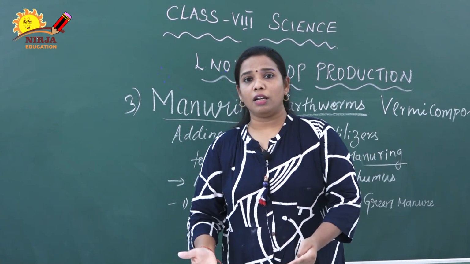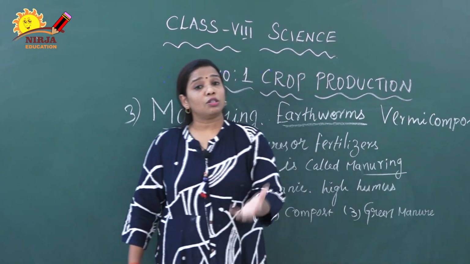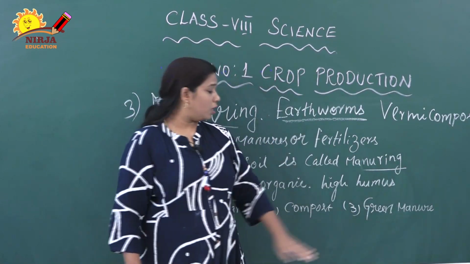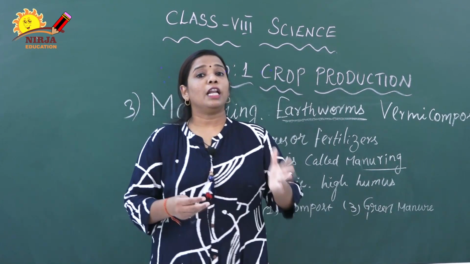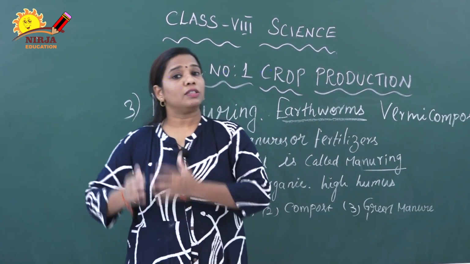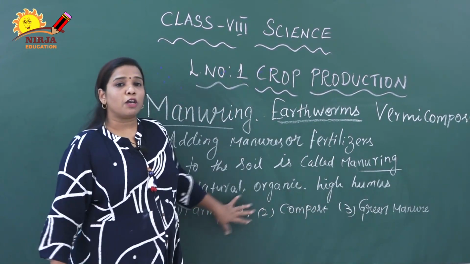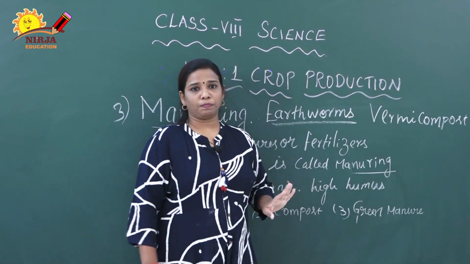That soil is called green manure. After harvesting, the soil is used as manure. That manure is called green manure. Example, a leguminous field. The leguminous plants are growing on that land, no? That land, that soil, is used for green manure. There are three types of manure: farmyard, compost and green manure.